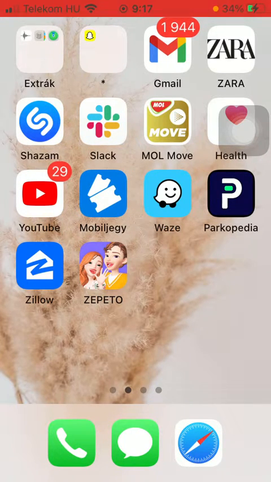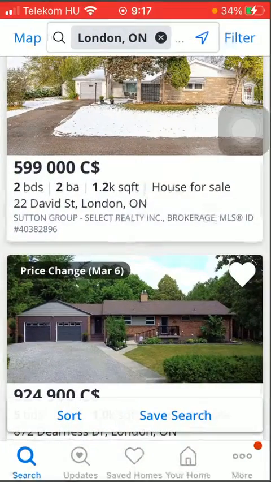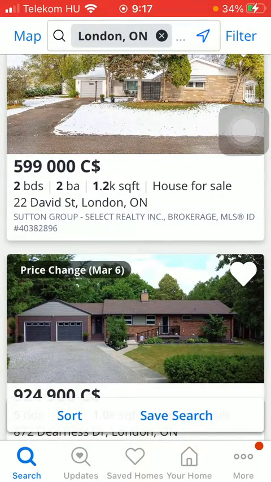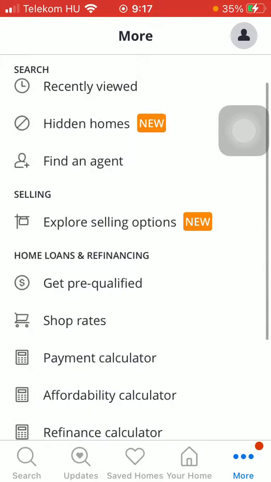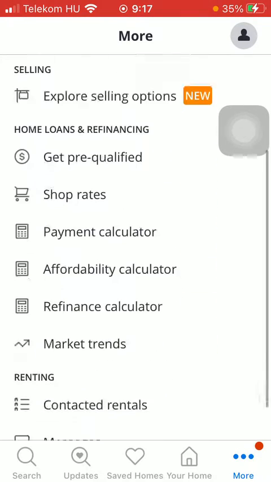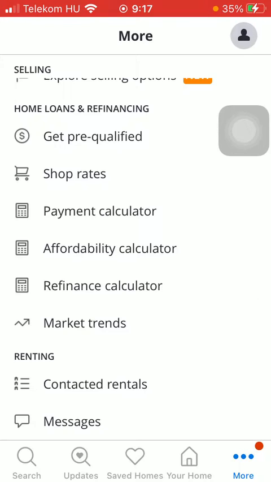Now let's jump into it. First of all, open the app on your phone. Then go to your home page, and after that tap on this more button that you can find down below on the right side of the screen. After that, go to the home loans and refinancing section. So you should scroll down a bit and then click on the payment calculator option, which is the third one